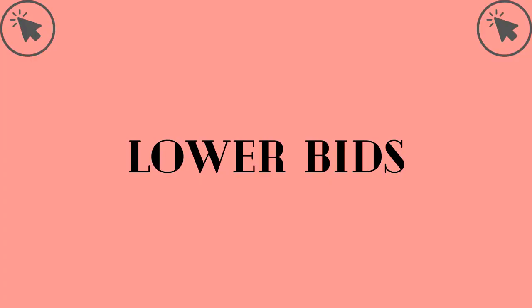Following are the 4 ways which can help you reduce the cost you pay. Number 1. Lower bids. This, in my opinion, is the most obvious way to reduce your overall payment. You reduce your CPC limit. Now, Google lets you determine the maximum CPC that you can pay for the ad clicks. If you keep this particular maximum amount under your budget, Google has to make sure that you are not getting charged for anything that you cannot afford.